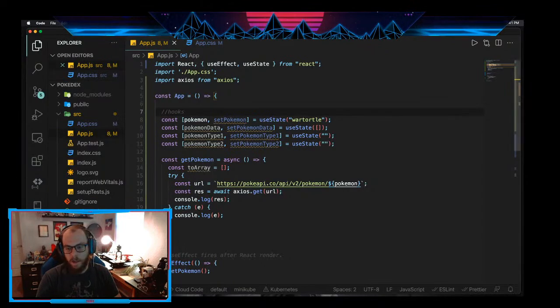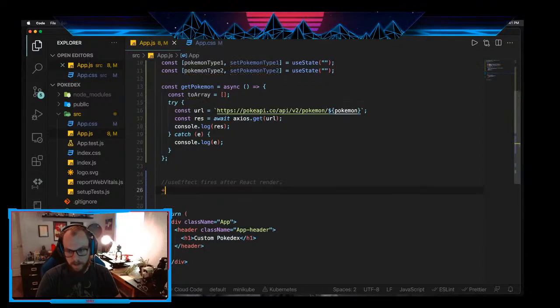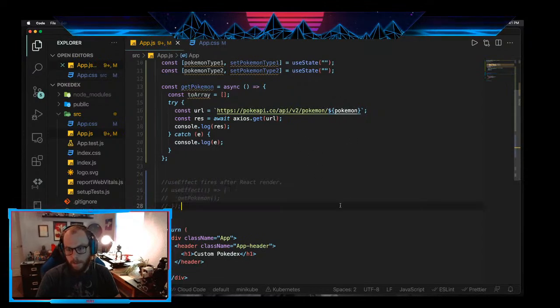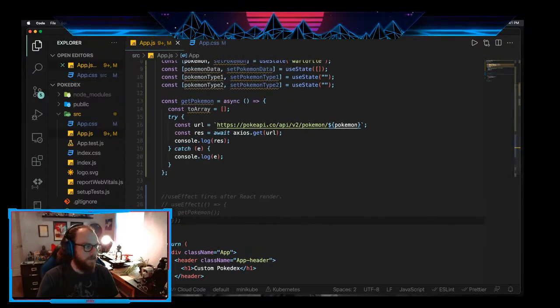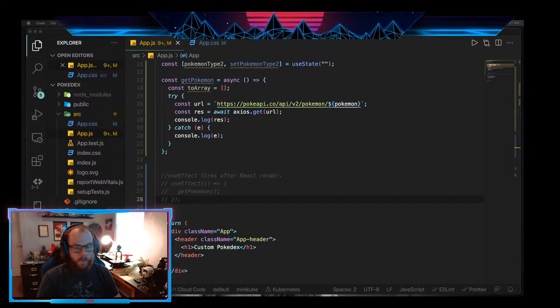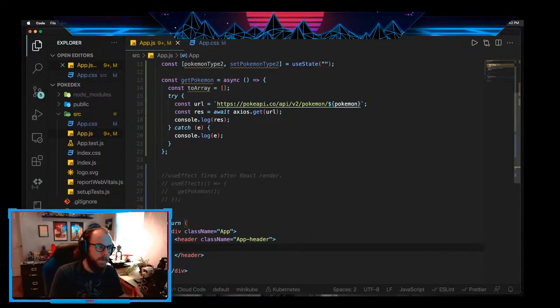What don't we need anymore? Well, we don't need this anymore. This is cool. It was good to know that that exists. I'm actually going to comment it out rather than just wholeheartedly get rid of it, just because that's a cool little tester thing to have. What I'll do next is get rid of this and put a form in here, so that we can